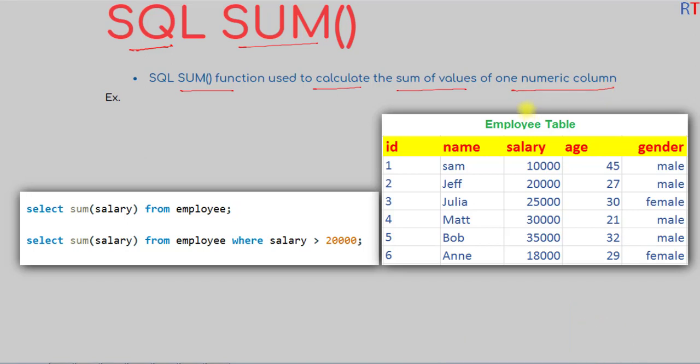For example, inside the employee table we have the numeric column salary. Now to find the sum of all the salary we can use the sum function. So the syntax is we have to write select sum and we have to pass the column salary, and then we have to write from the table employee. So this query will return the sum of all the salary of the employee table,